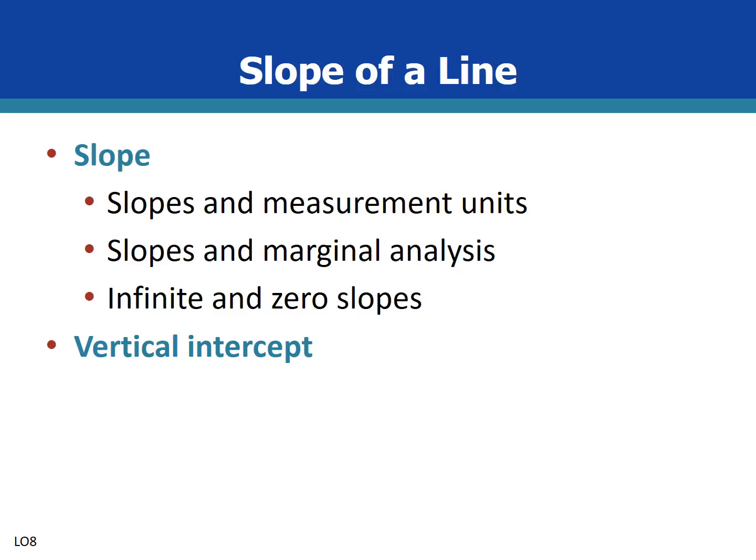The slope of a line can vary based on the units that are used to measure the slope. In the ticket price and attendance example, if the number 4,000 had been used instead of 4 on the horizontal change, the slope would have been negative 0.0025 instead of negative 2.5. Slope is also important in economics when analyzing marginal changes. In the income example, a slope of 0.5 means an increase of $1 in income will result in a 50-cent